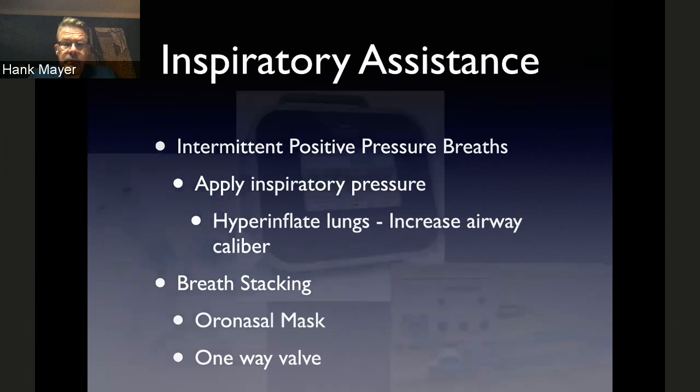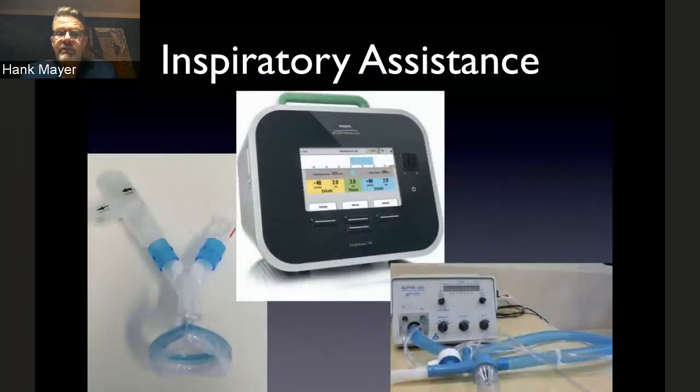So these are three devices that we have for doing inspiratory muscle assistance. The device at the bottom right is called the Alpha 2000. It's a device that's fairly popular in France and in some other European countries, and it does just simple breaths in. The device over to the right is a mock-up of a breath stacking device in which the clear tube